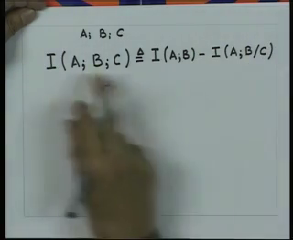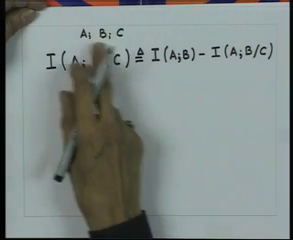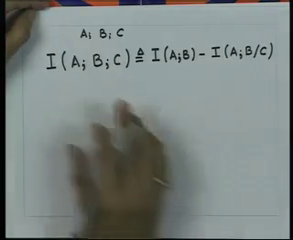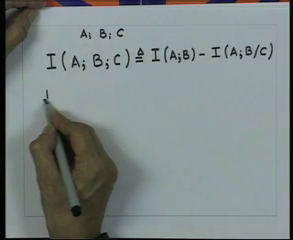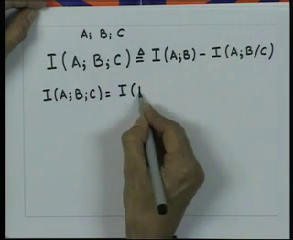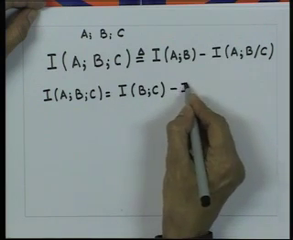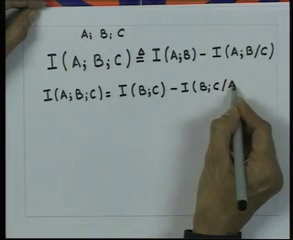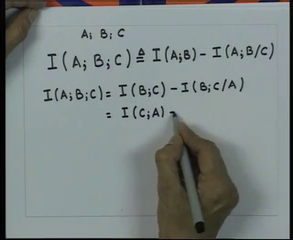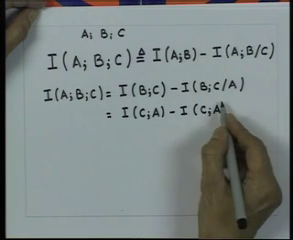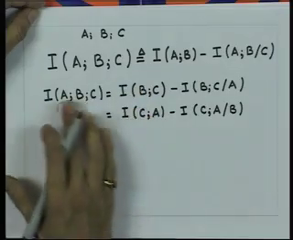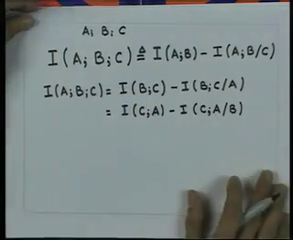Our definition of the mutual information of A, B, C implies that this quantity is symmetric in A, B and C. Now, we will try to prove this. If this is true, we can write I of A semicolon B semicolon C is equal to I of B semicolon C minus I of B semicolon C given A, or we can also write it as I of C semicolon A minus I of C semicolon A given B. So, to prove the symmetry of this quantity,